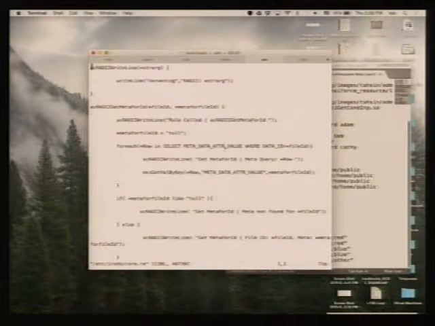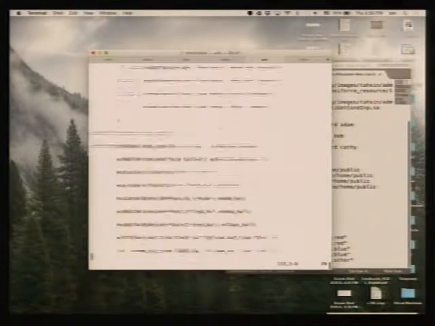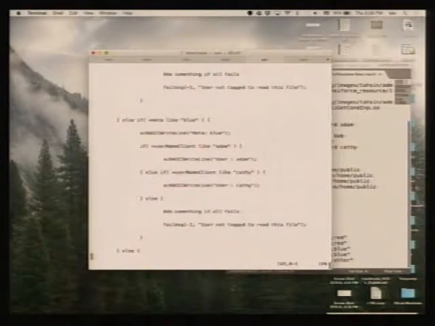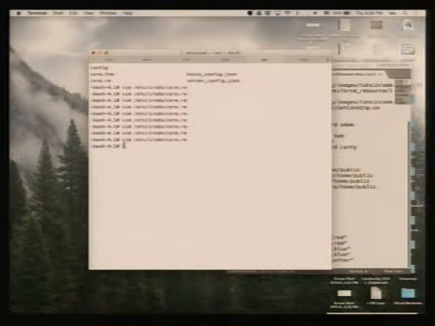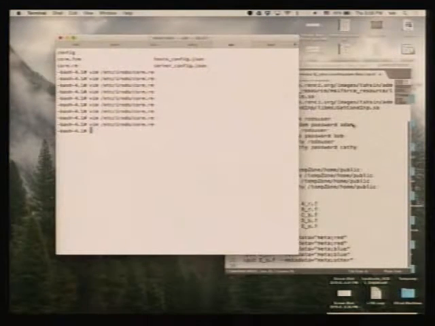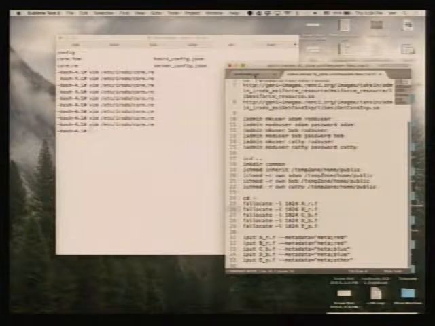So now it has all the required rules for that policy, and if we look at the rules,